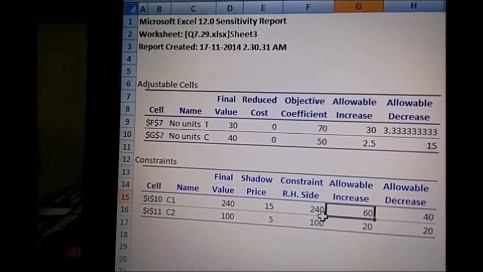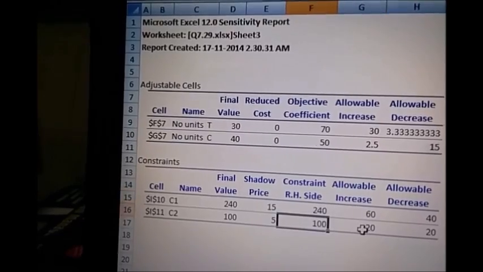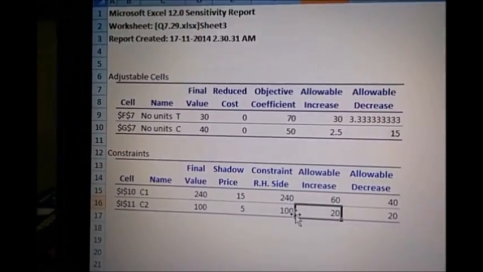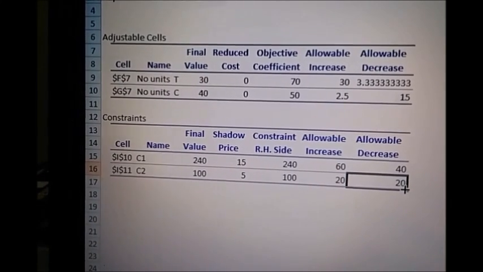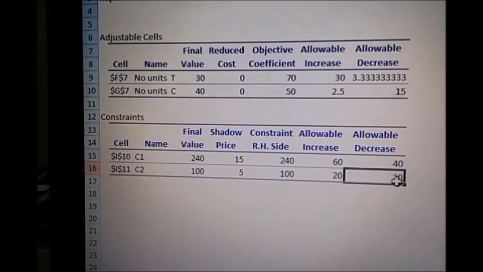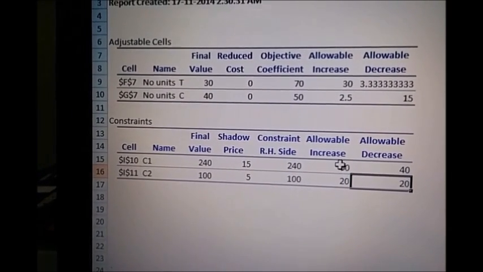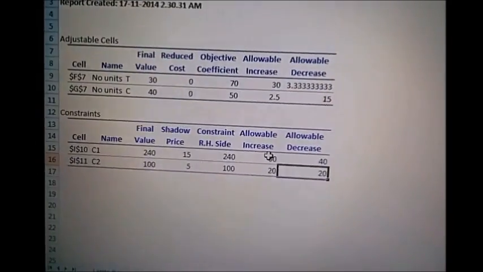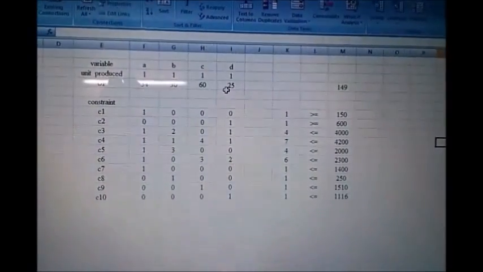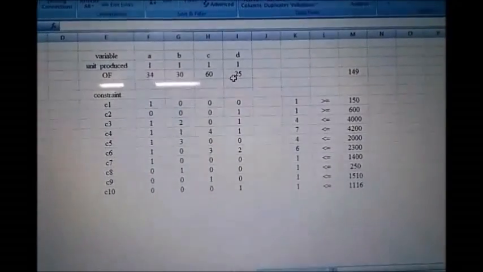That would be B1, and B2 would be 100 minus 20, that is 80, and 100 plus 20 is 120. That is, B2 would be 80 to 120. So in this way we can get the sensitivity range of the constraint as well. That's all for now. Hi guys, before we proceed towards the next question, let us first see how to install Solver